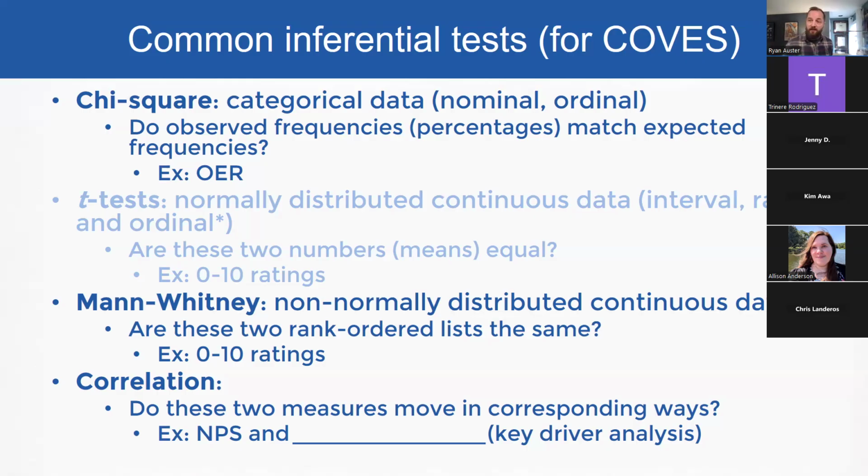The 0 to 10 ratings show an average, right? Staff helpfulness, 9.4. Cafe quality, 9.1. Is an average the best for non-normally distributed data? Probably not. A median might be better, but the medians also look boring when you get to a sufficiently large sample, and that's a descriptive statistics conversation, not an inferential statistics conversation, so we can have that another time as well. Okay, I'm going to go through the top two, chi-square and Mann-Whitney, before we jump into actual examples of how to do this with your COVES data.